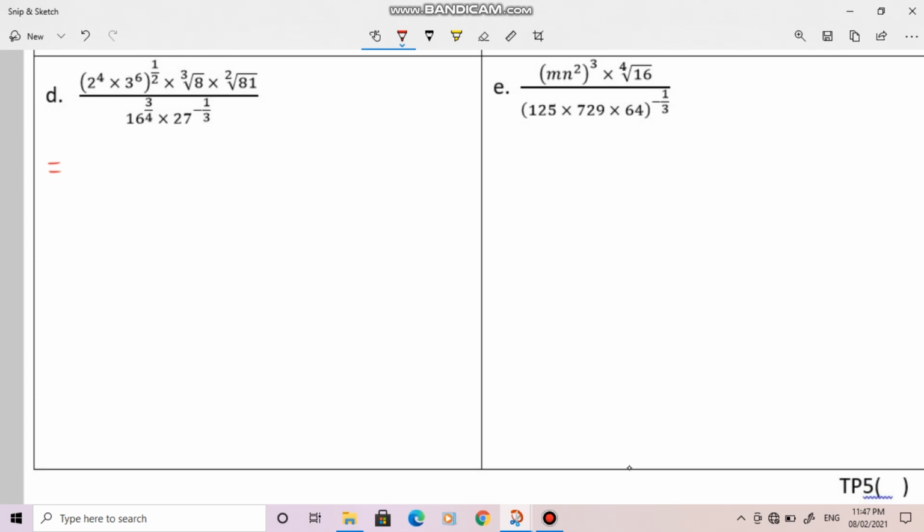So you must raise the index. So you will have 2 power of 4 times 1 over 2 times by 3 power of 6 times 1 over 2, right? So times by, you have here cube root of 8. Cube root of 8 is 2. And then times by square root